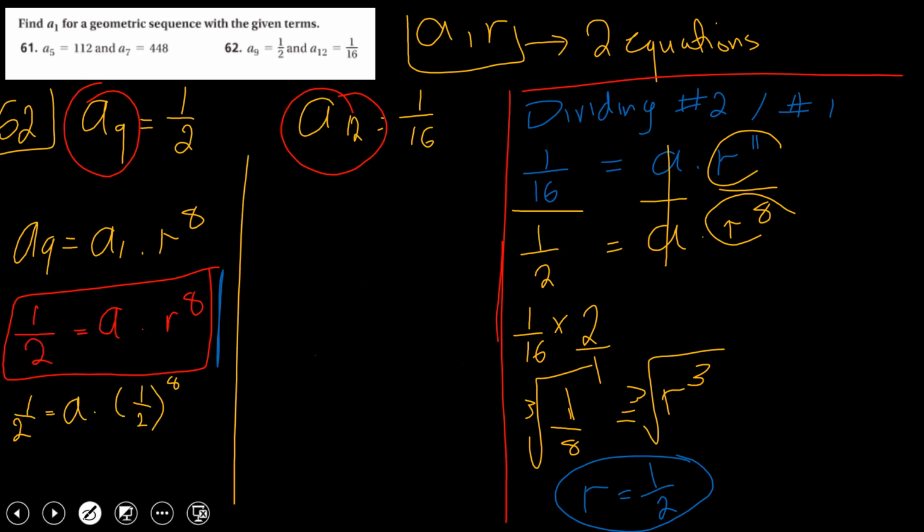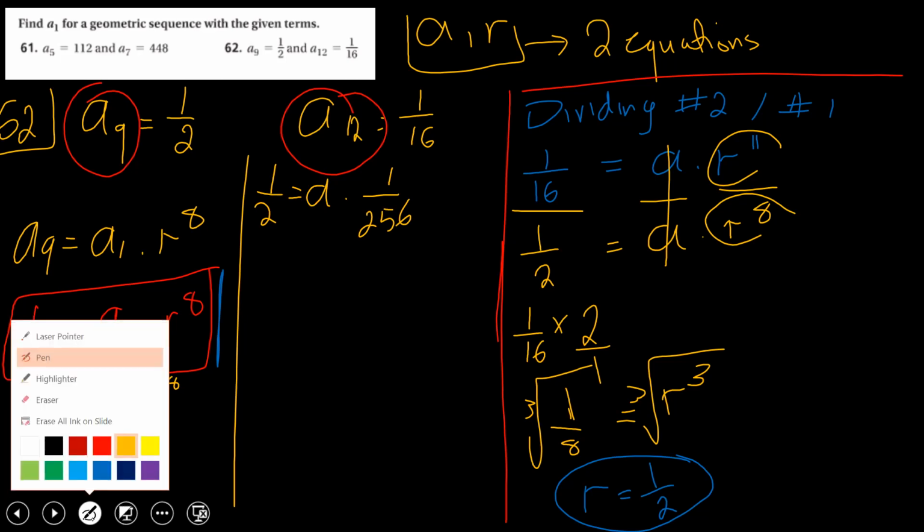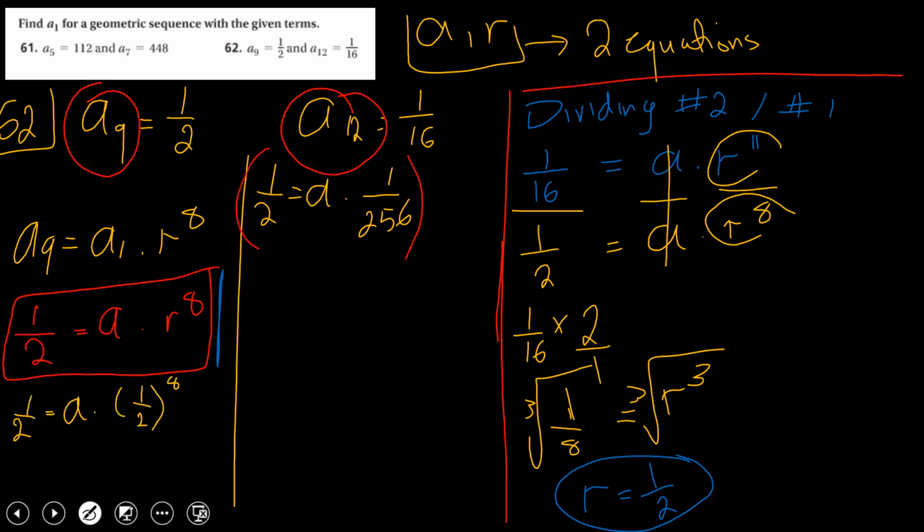Now, half is equal to a times 1 over, I will distribute the 8 into 1 and 2. So 2 raised to the power 8 is 256. Now a is multiplied by 1 over 256. So let's multiply by the reciprocal of 1 over 256 here and here also. After multiplying them, you will find that it is 256